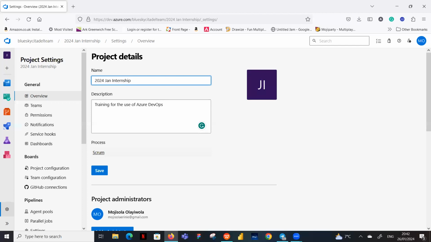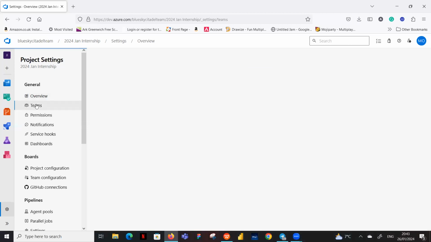So that's just to show you that. Okay. So before I go into all the settings here, I just quickly, like I said, want to show you how you can add your team members to this project board. Okay. So if you go on your left panel over here, again, I'm moving my cursor so that you can see the teams here. So if you click on teams over there,